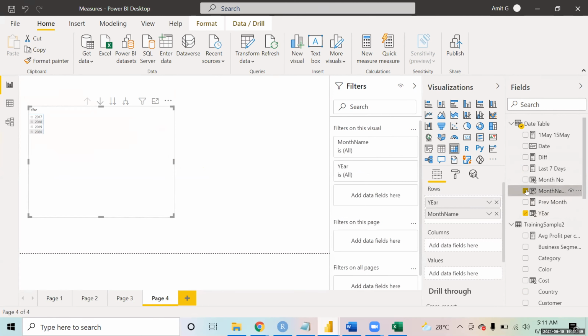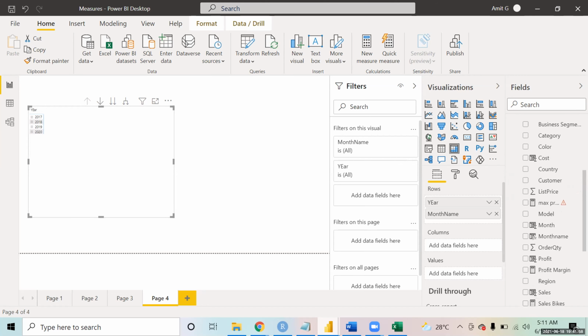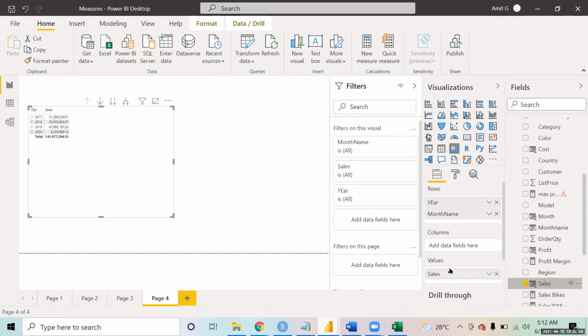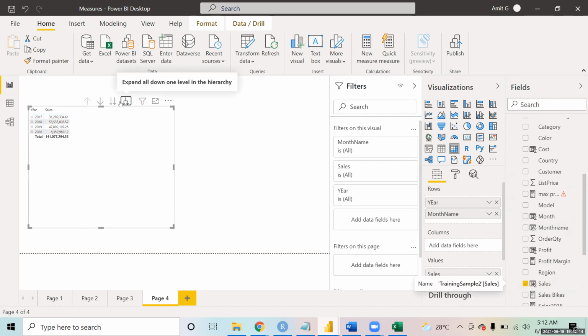Drag year and month name in the rows, and pick up the sales and put that into the values. Please make this matrix.